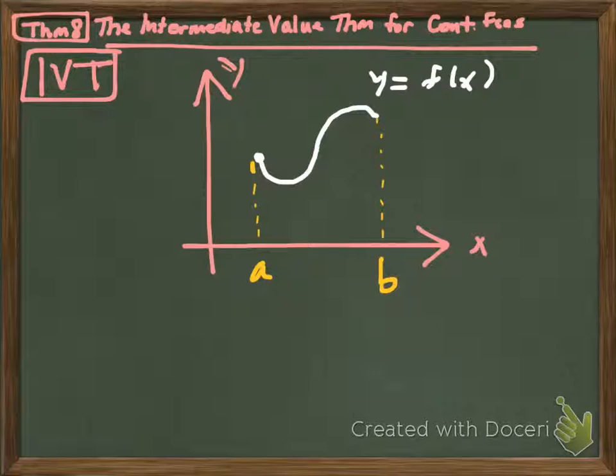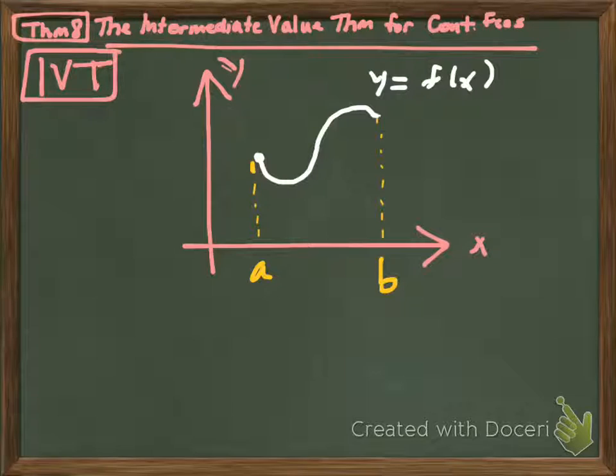What would the coordinates of my left endpoint be in terms of that notation? Right. So at that location, the left endpoint, my point would be A, f of A, and my right endpoint would be B, f of B, right? Okay. Well, then if I'm at A, f of A, and B, f of B, when I draw,